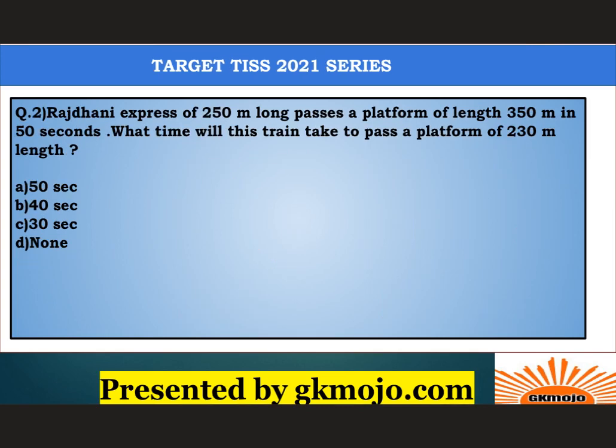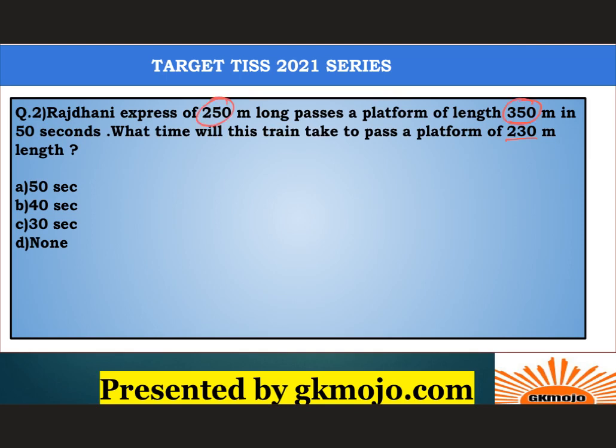Now the next question is, Rajdhani Express of 250 meter long passes a platform of 350 meters in 50 seconds. What time will this train take to pass a platform of 230 meters length? तो पहले एक प्लेटफॉर्म जो 350 मीटर्स लेंथ का है उसको वो 50 सेकेंड्स में क्रॉस करती है। अभी उन्होंने पूछा है 230 का कितने में करेगी, राइट।